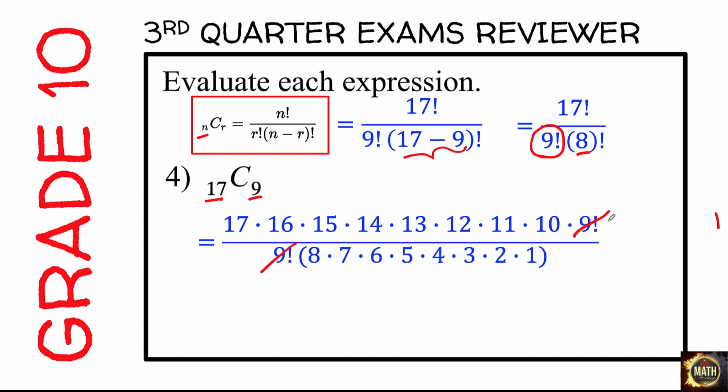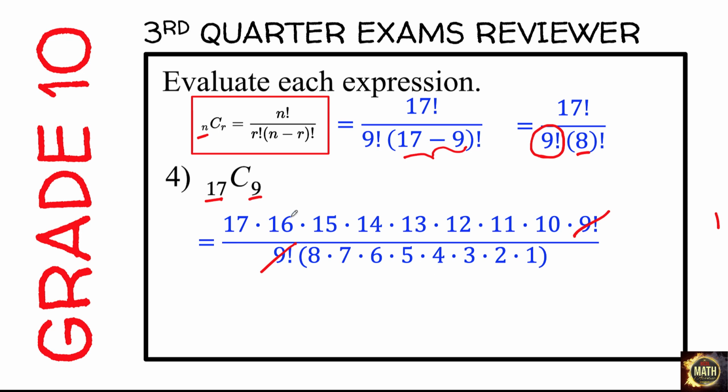So it's useless na isulat pa natin lahat ng mga numbers until 1. Then ito pong 8 factorial na ganyan siyang 8 times 7 times 6 times 5 all the way down to 1. Then bago po nyo i-multiply itong mga numbers sa numerator at numbers sa denominator and divide the results, mag-divide na po muna tayo dahil mas liliit yung number na ating i-compute kung i-divide muna natin yung mga